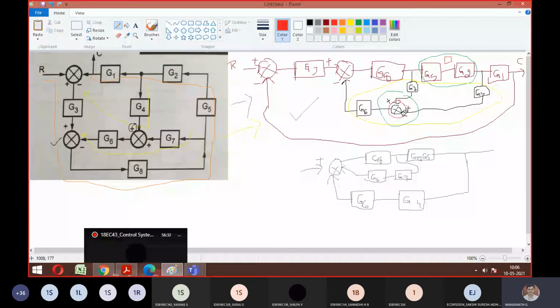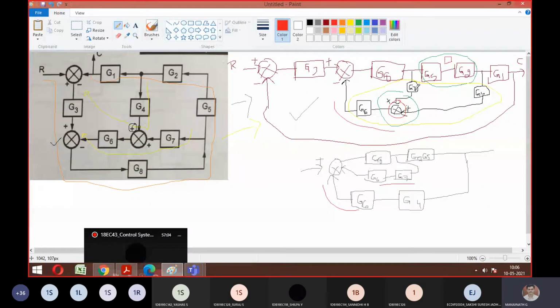If we split this, look here: for this summing point, G4 is there. So G6 and G4 are connected to this summing point. This path and this path have no variation, so this path I have done. What I wrote inside is that G6 is again a summing point, having a plus, given to G7. So what have I split? I have split my feedback path. G6 belongs to G4 and also to G7. Do you remember the previous problem? We took H1 separately and the H2, H1 combination separately. In the same way we are doing it here, and that is how we got G6 and G7 separately.